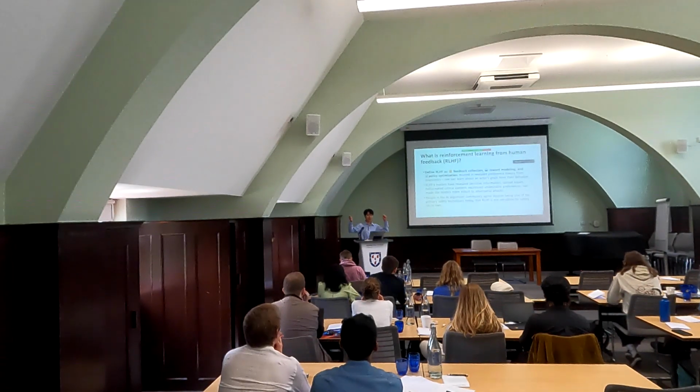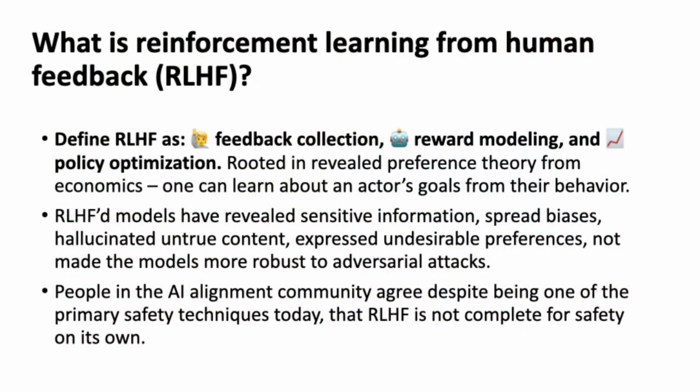Essentially, we take feedback. The model generates a response; this one is the better response, and this one is the worst. After that, this forms a reward model. This reward model is supposed to represent what humans want in some broad, vague sense. Then afterwards, you optimize a policy against it. It's very rooted in the idea that you can reveal someone's preference.